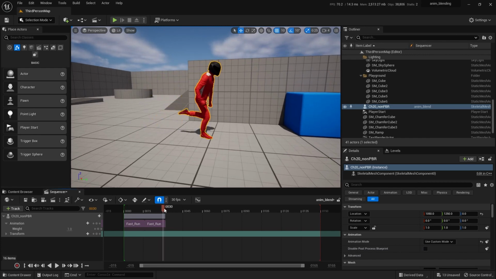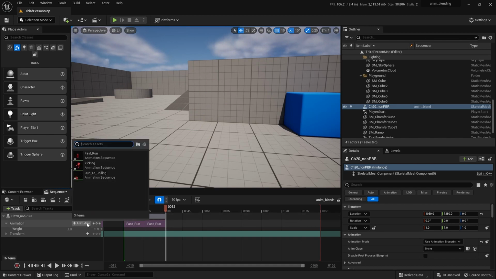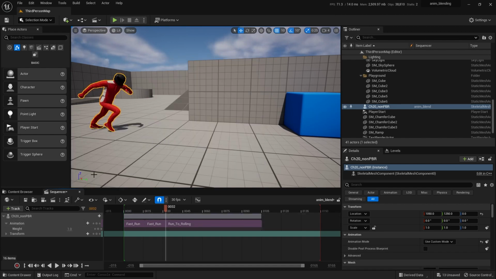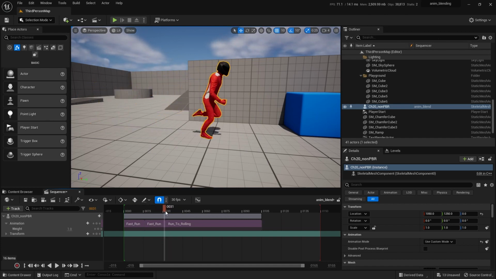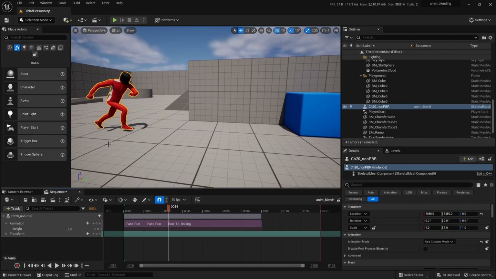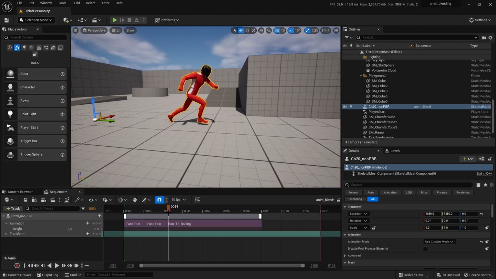Now here we are going to do some actual blending plus bone matching. Let's first see what happens with no blending. We're going to add the run to roll. And you'll see what happens is he jumps back to start at where his original position was from this second run. Let's understand exactly what's going on here.